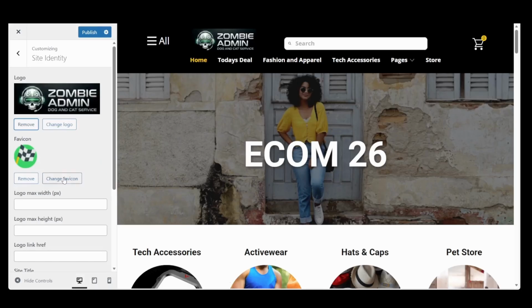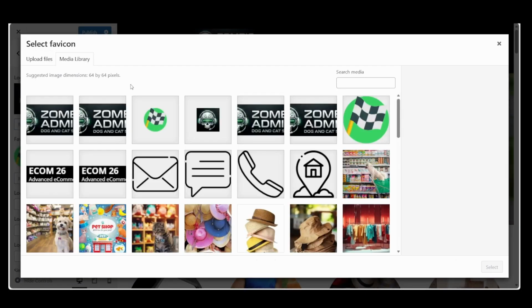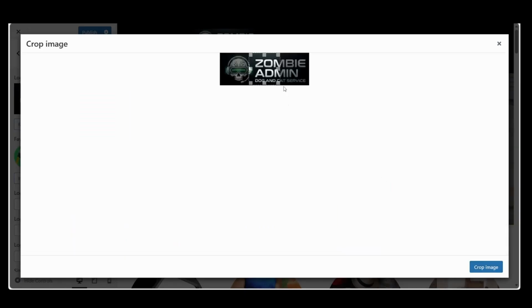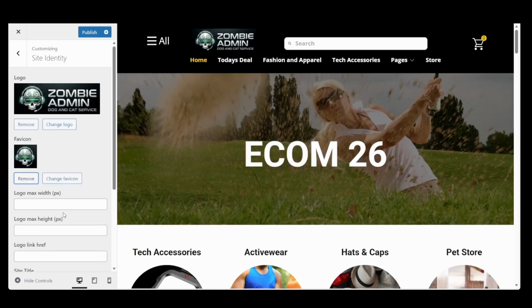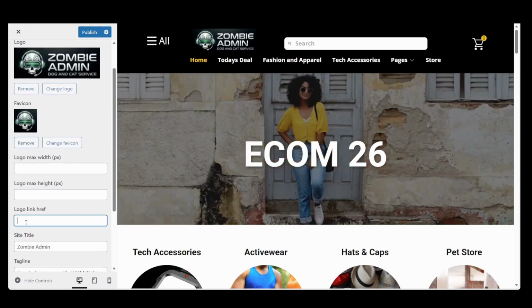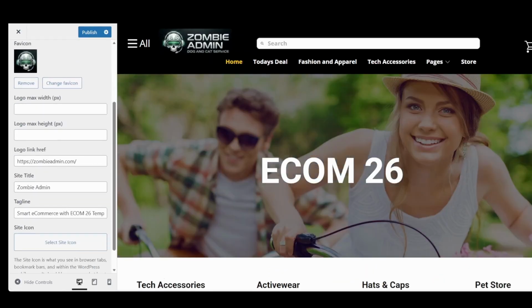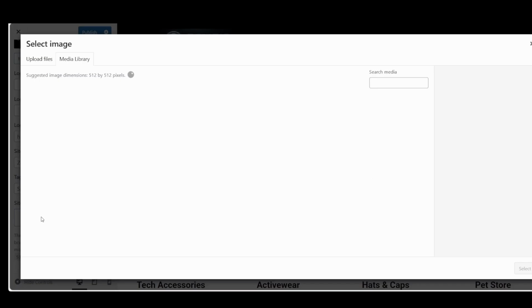Now let's change our favicon icon. Let's select the logo again. We are going to cut this right here. That looks good. Let's add our logo link. There it is right there. And let's not forget our site icon.